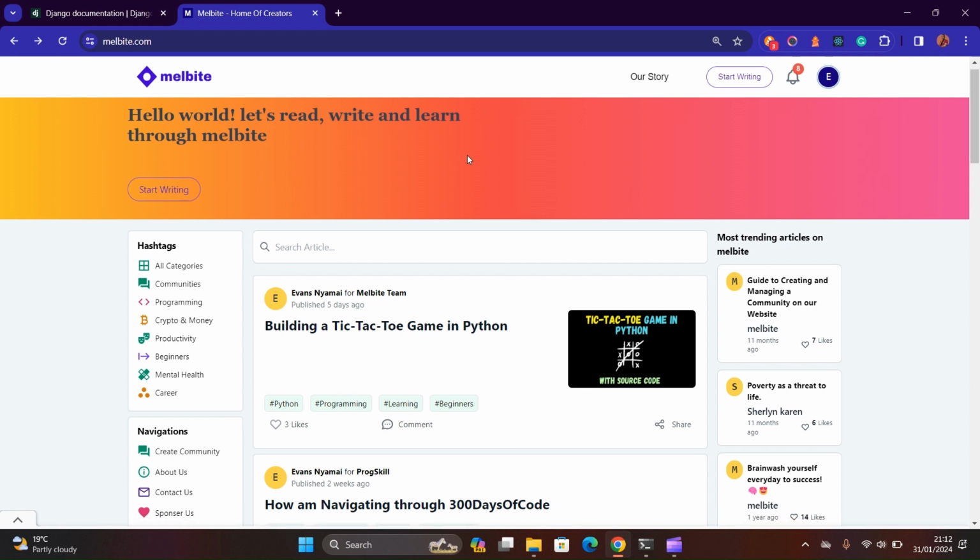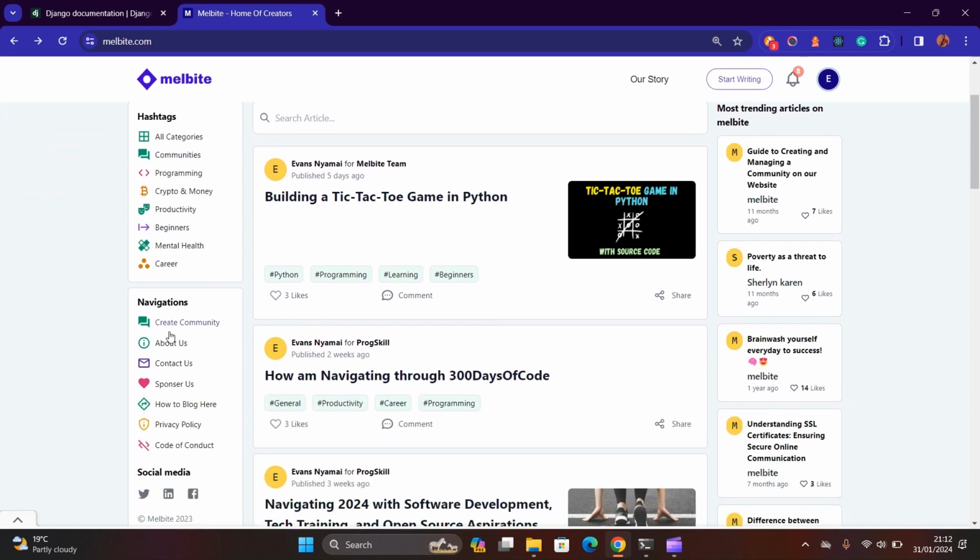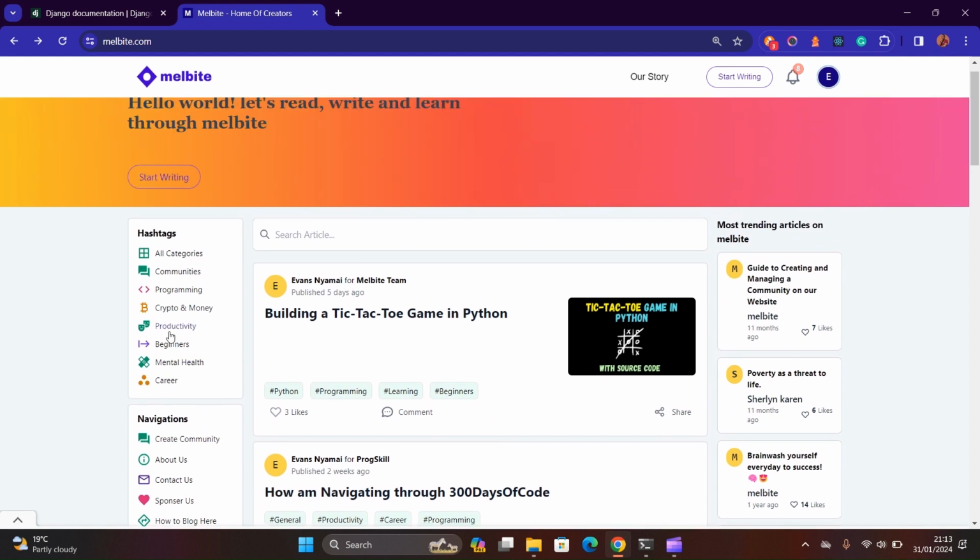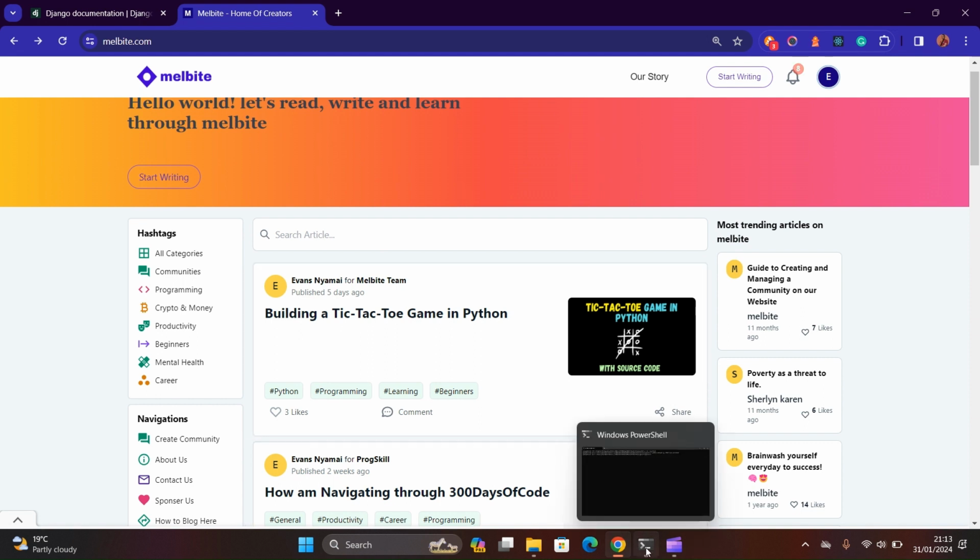We can take Django apps like this, an example of a Django app. This also serves as a Django app. This page serves as a Django app. So this is an example of Django apps. So how do you create your first Django app? To create your first Django app,